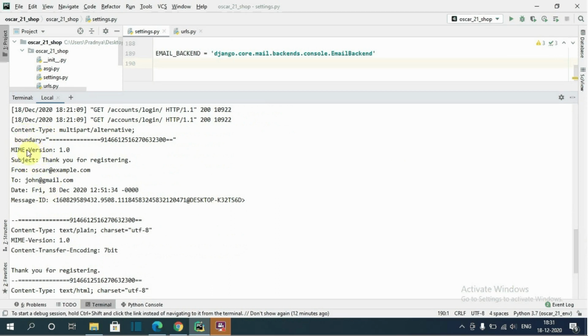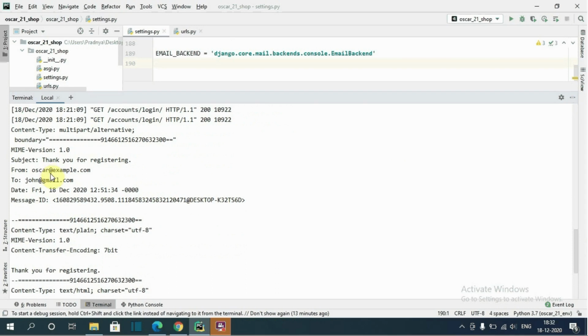Here the content type and MIME version are the metadata about the email, and this is the subject of the email, that is thank you for registering, and the email is sent from the default email ID, that is oscar@example.com.